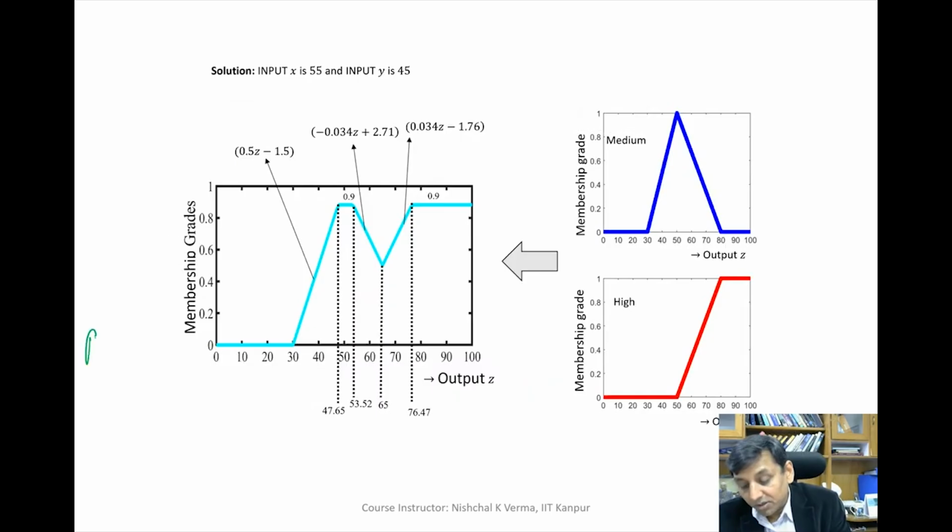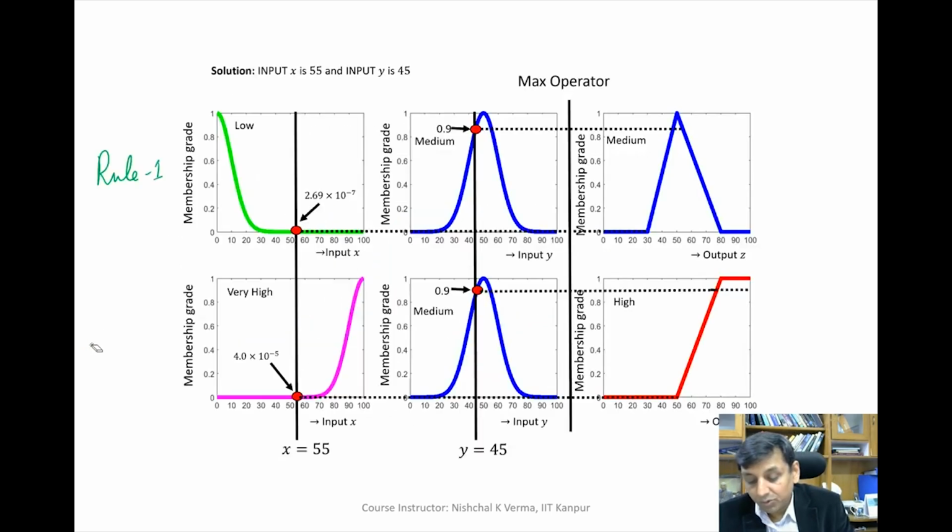Similarly, the rule number 2 is here. The rule number 2 is that we have very high. If X is very high, Y is medium, then Z is high. So this way, when we,